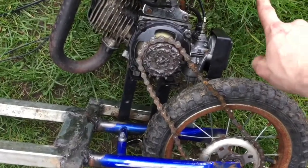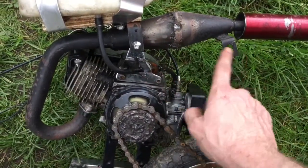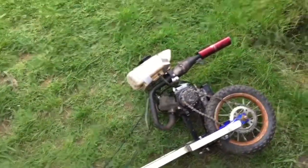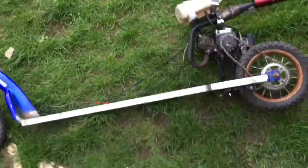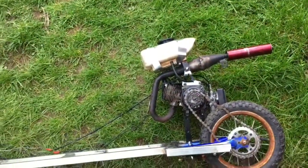So I'm going to attach something to here over to here, just to strengthen it from shaking about. Just a little bar. And we are good to go, kinda. We've got no brakes yet, got a kill switch wired up, so I suppose we could test it later on